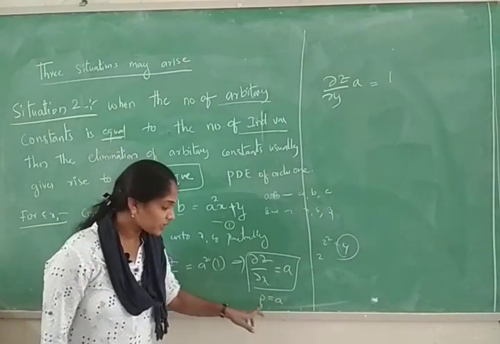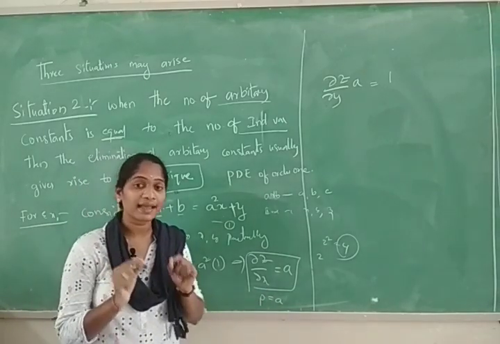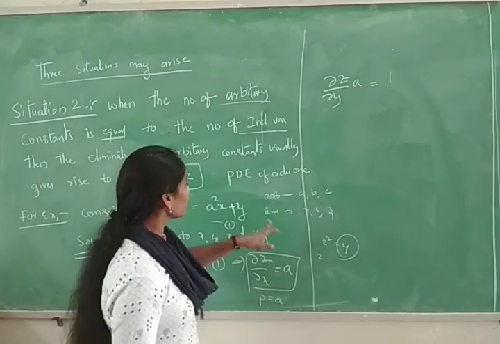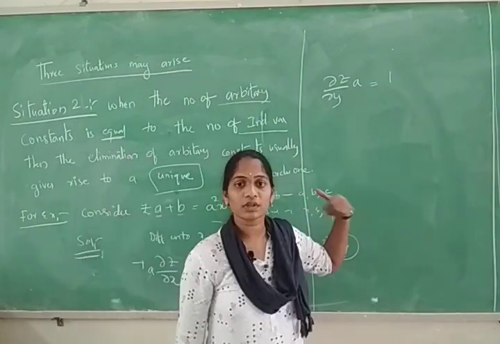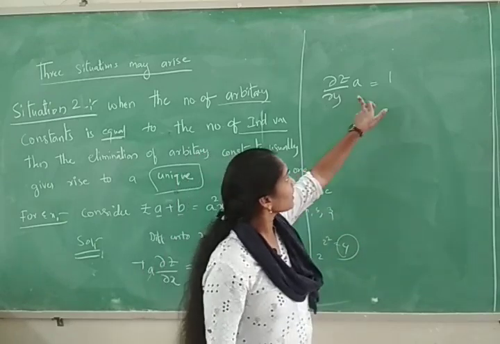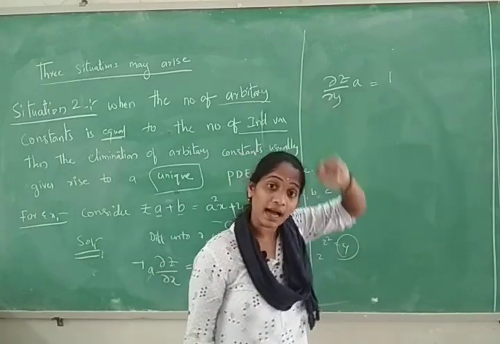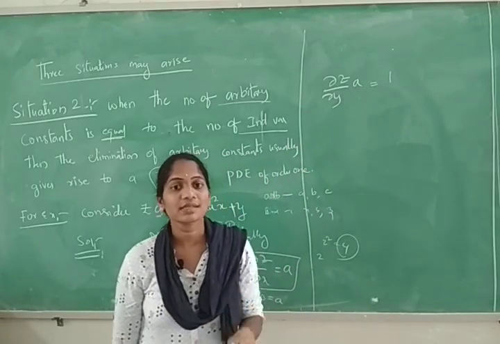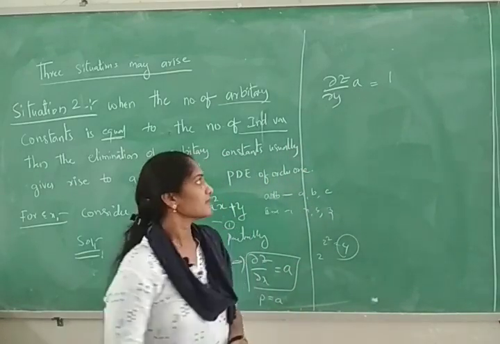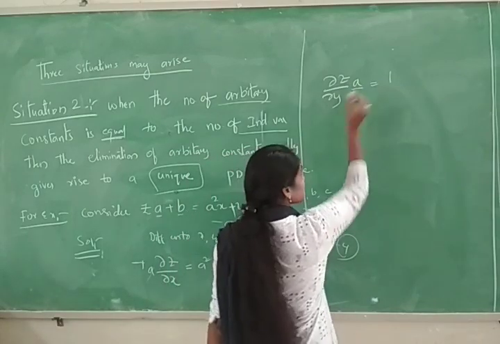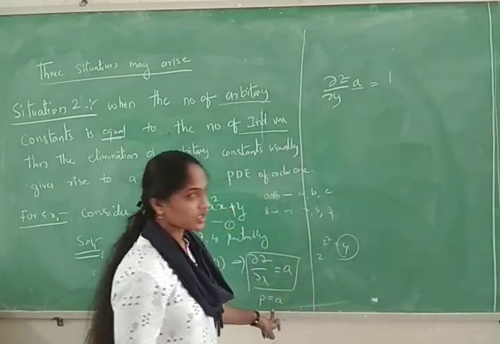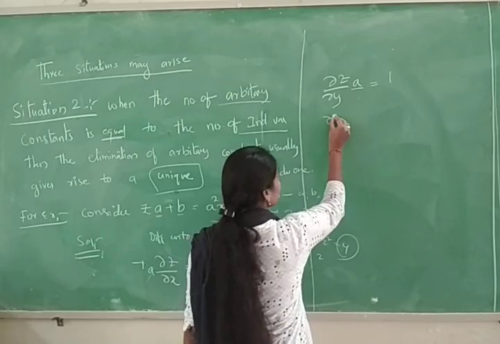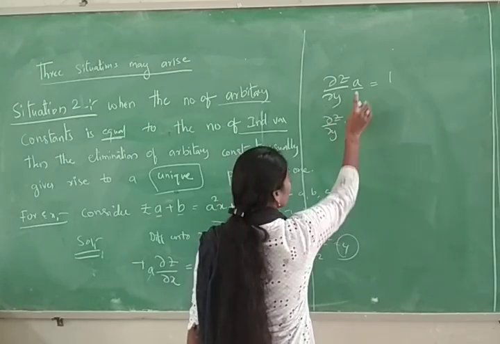That means you can substitute p for a in the equation, and the arbitrary constant a gets eliminated. But when you are differentiating another equation with respect to y, you are not getting the p value directly, you are getting again an arbitrary value, that is a. So this is the situation where it arises. So now this a you are getting, substitute this value there, that is dou z by dou y. What is a value?